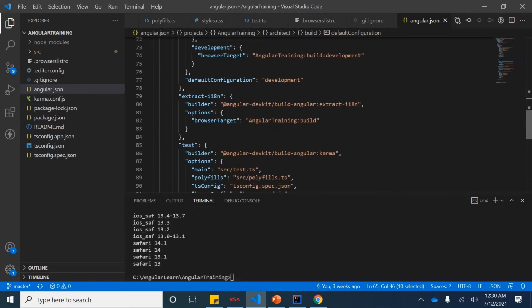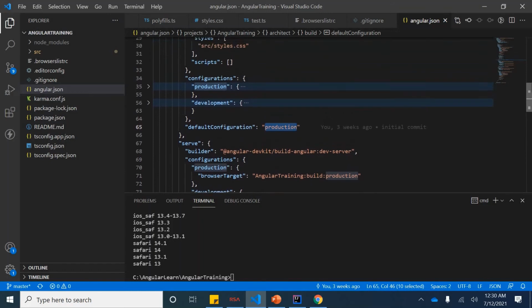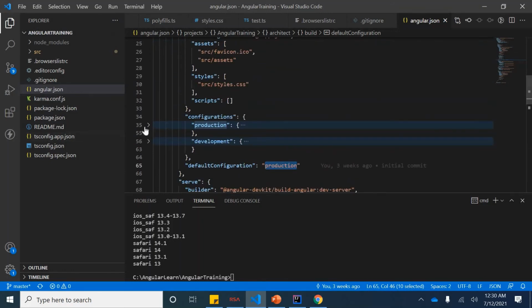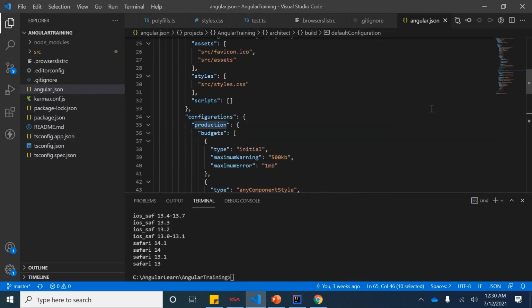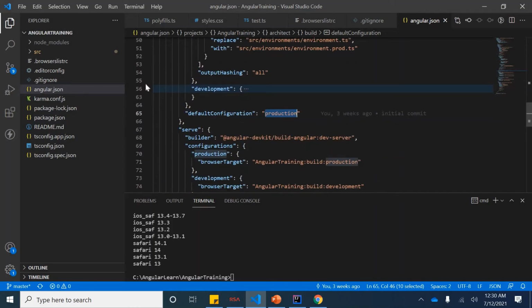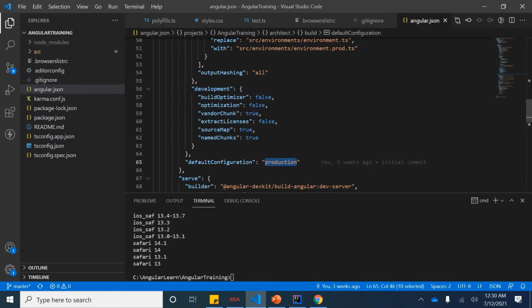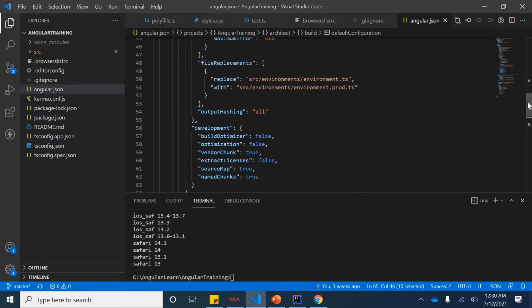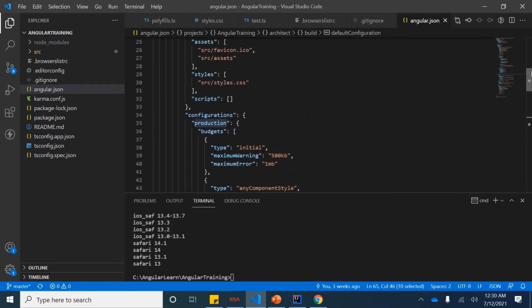The most important thing is the environments. You can see this configuration for different environments, right? So if you are creating one more environment, you have to add those environments here. If you are creating one more environment in development, you can add that environment setup here. So it's mostly all the information about your project.